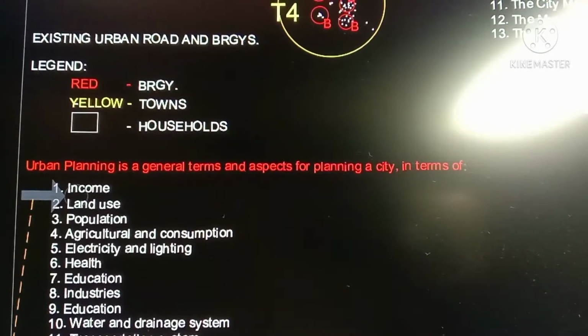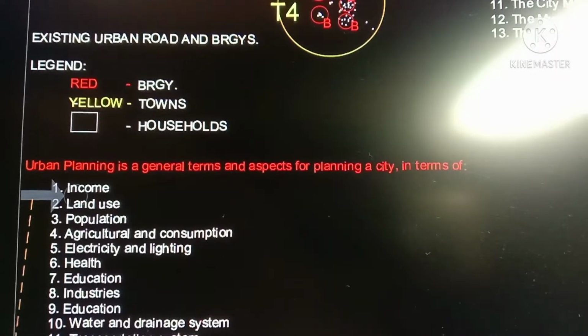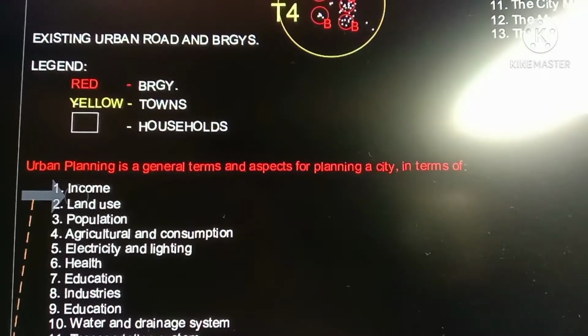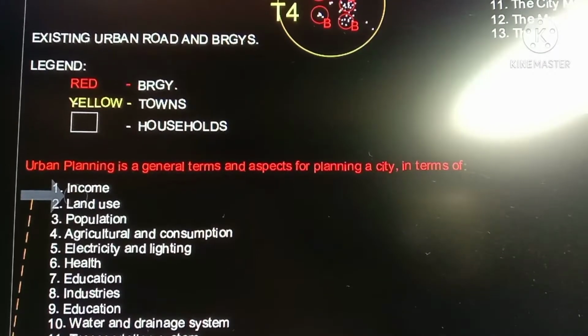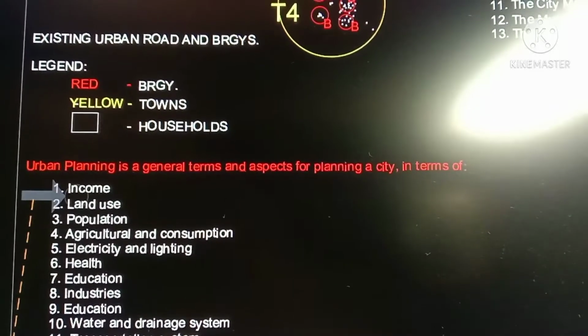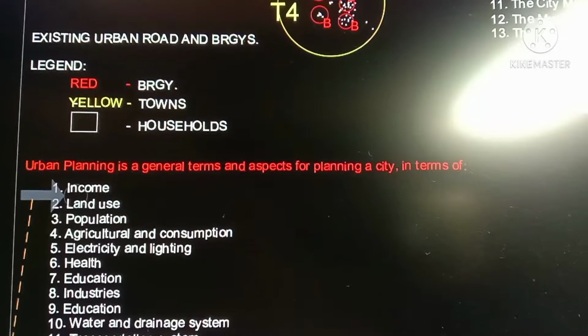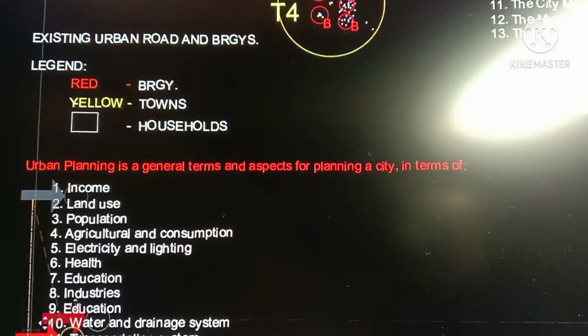And for example, high-rise buildings will also be segregated, because they must be in groups. You cannot mix a high-rise building with a low-rise building, so it must be in proper planning. That is why a city needs an urban planner. Okay, so that is one of the requirements of a city. Okay, another one.